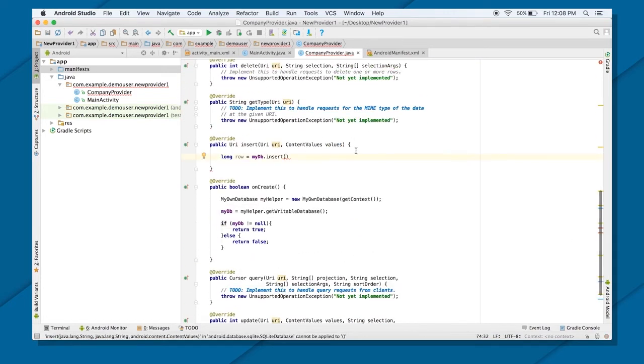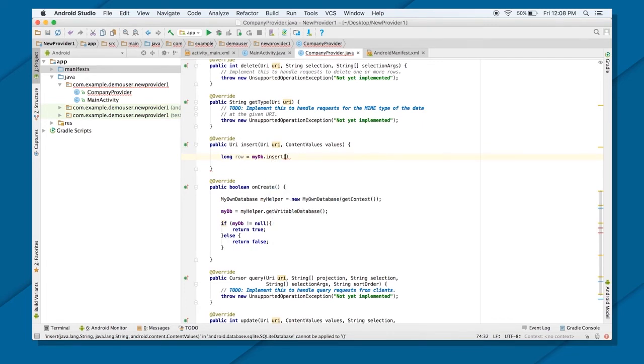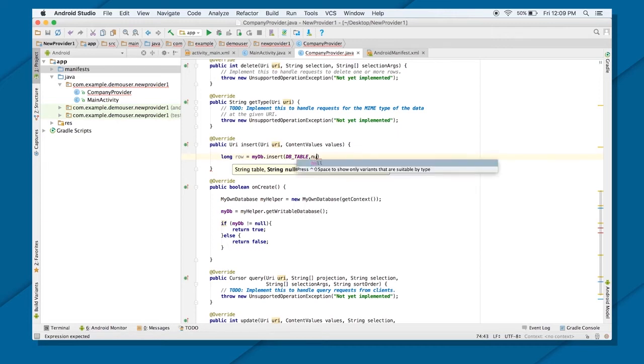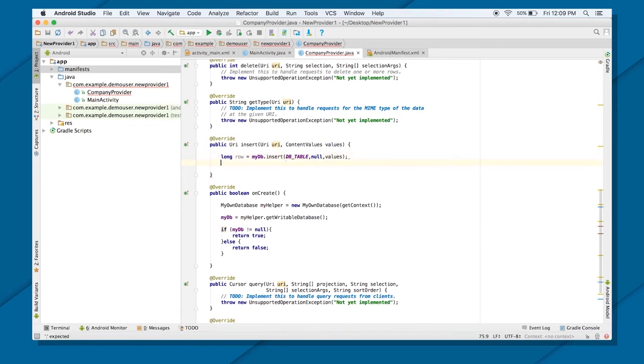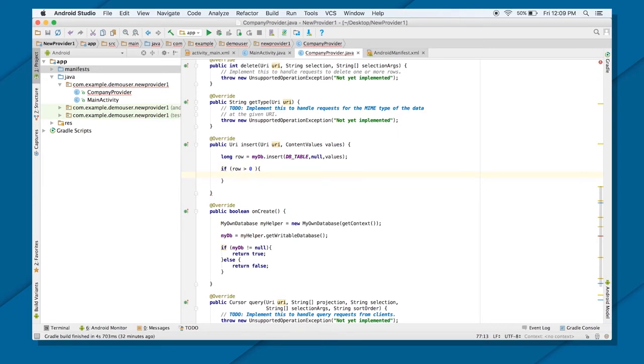Now I can use insert on your DB, that is the table name. Inside this table you want to add, let me just put null here, and call values, the values which you are going to provide. Once you do that, if your row is greater than 0, that means you were able to add something here.